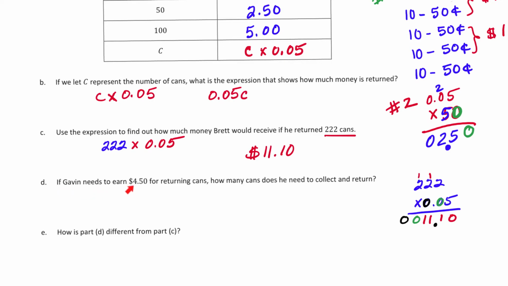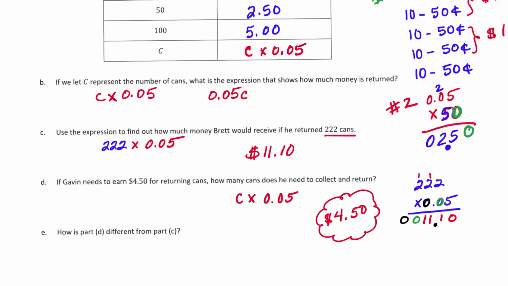If Gavin needs to earn $4.50 for returning cans, how many cans does he need to collect and return? So now it's backwards. Now they give you the money, and you gotta come up with the number of cans that you need to collect. So here, I'm gonna just write the expression right here. Cans times 0.05. Okay, and we need to figure out how much is